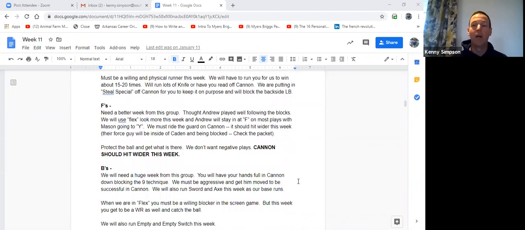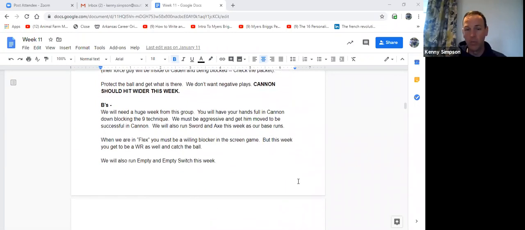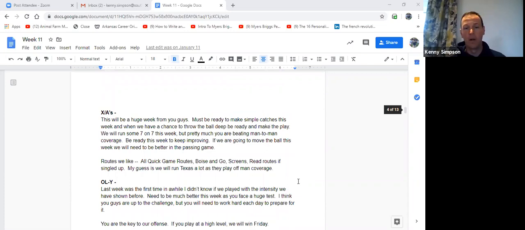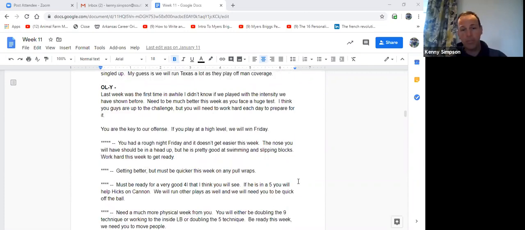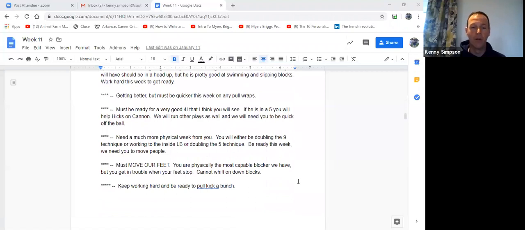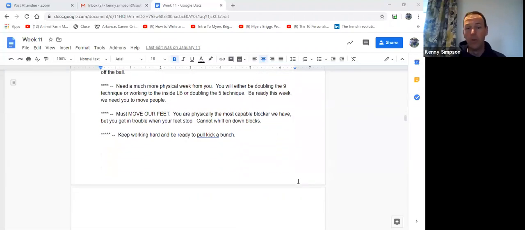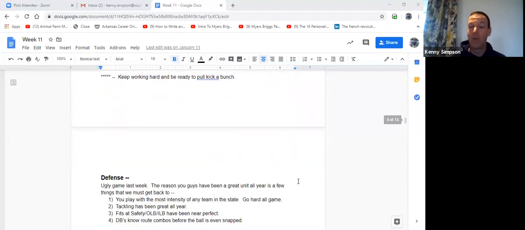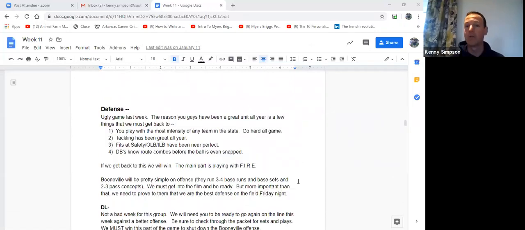But talk to our running backs. We'll talk to each position group on what we want to do. And then on the offensive line, I took out the names because I don't want people to read it, but I'll actually talk specifically to that kid in the offensive line about what we expect from them, what they've got to do, all that kind of stuff. Then we'll go to defense. So if you play just offensive line, you're pretty much done reading at that point.